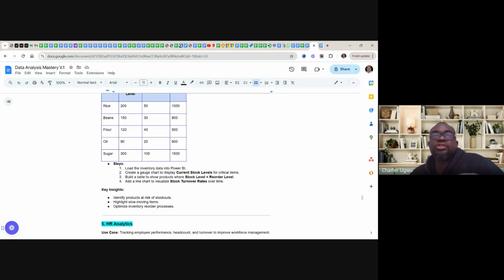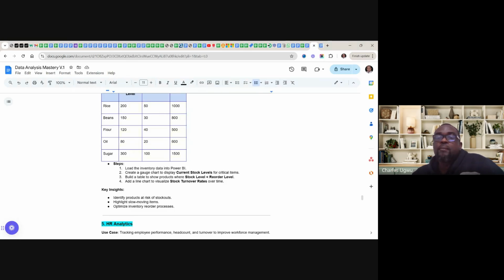I used grocery as an example, where bread can be part of the grocery. Bread expires quickly, so if you have a particular bread that is not moving, we have to limit how we buy it. Some people do not like wheat, so we don't have to keep stocking it all the time, because people don't buy it. This will help us optimize the inventory reorder process.